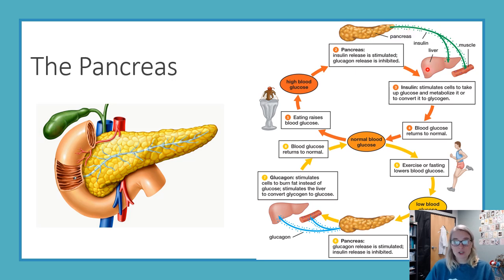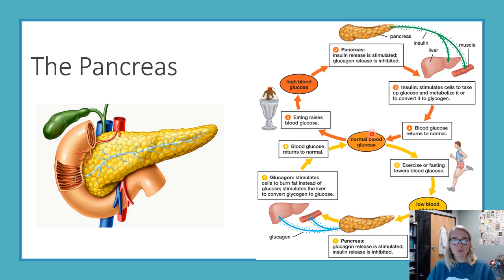For this reaction, the major target is your liver and your skeletal muscle. So what happens is insulin goes to all these cells, binds to the receptor, causes those cells to open their glucose channels and say, hey, look at all this glucose, I'm going to take that in. And by doing that, it reduces your blood glucose levels back to normal, right? You just eat a whole bunch of sugar. The pancreas helps us get that sugar back out of the blood into our cells, primarily for storage. We store it in our liver and we store it in our skeletal muscle.